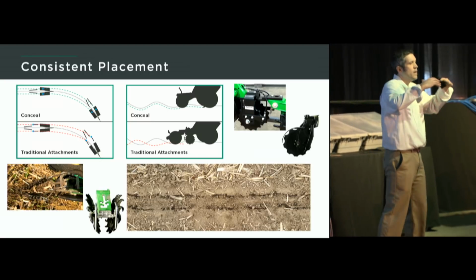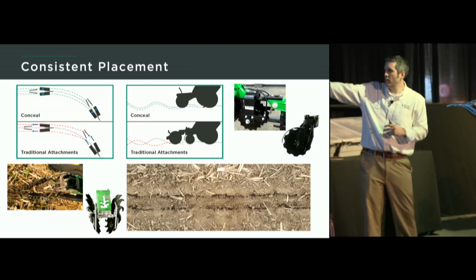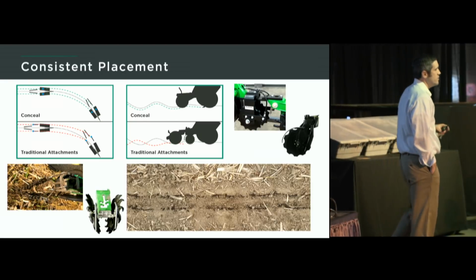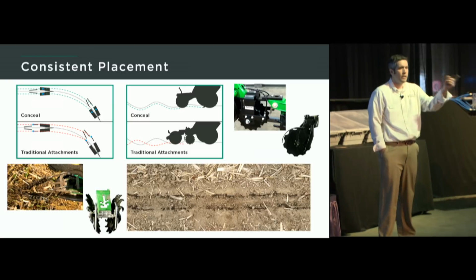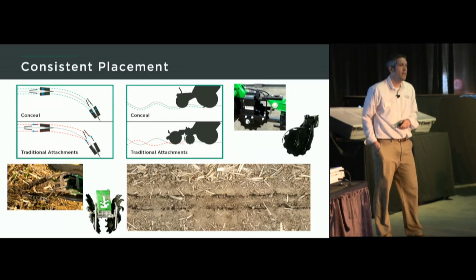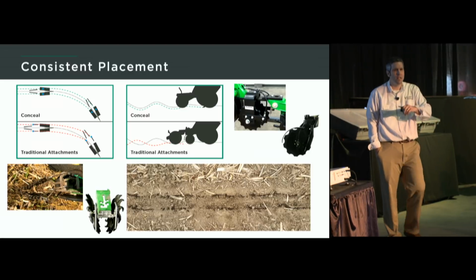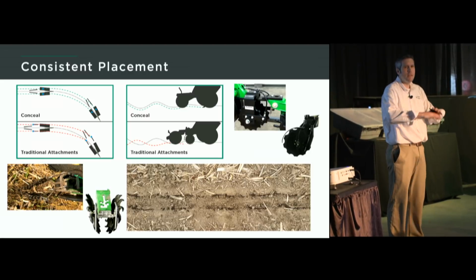Now, we don't have a canopy on the day of planting, so if we aren't putting an inhibitor in this product right here, we're going to lose a lot of it to volatilization. We penciled it out in the fall, we carried it across the field, and it's not going to make it to the crop. I asked this question,